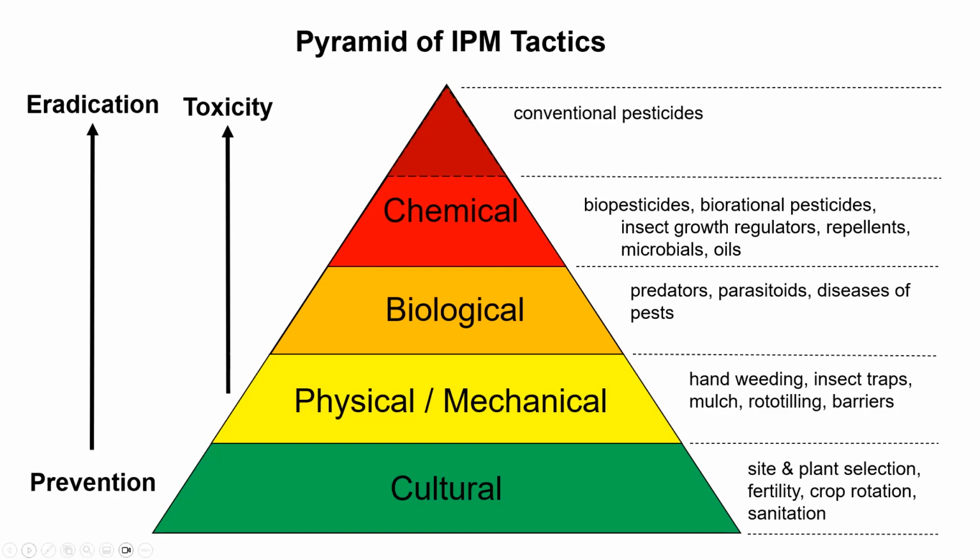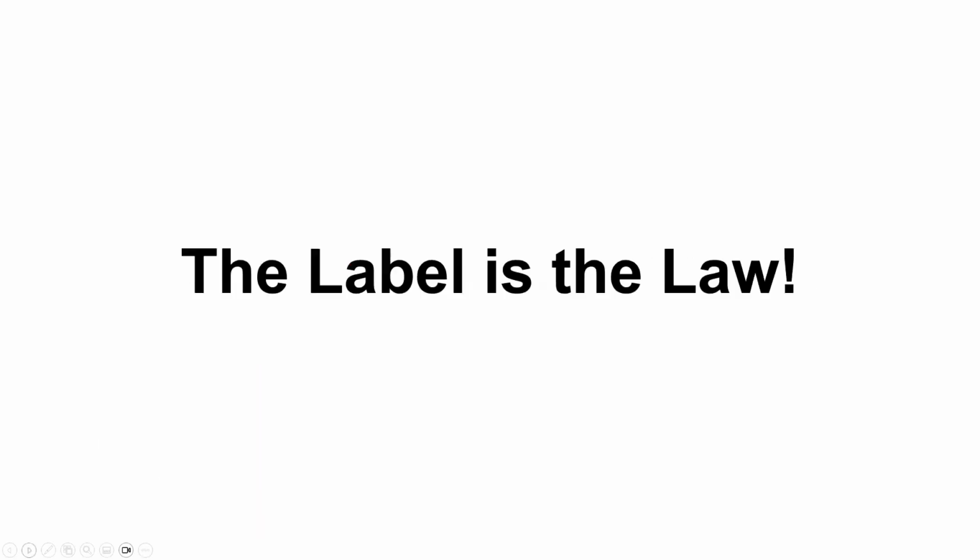So if you do get to a point where you need to use chemical control, it's really important that you read the label. The label is the law. Before you use any pesticide, you should read the entire label. It has really important information on what you can use it for, what it's effective on, as well as dosages, how much you should use, how often you can use it, what protective equipment you should be wearing when you use it,